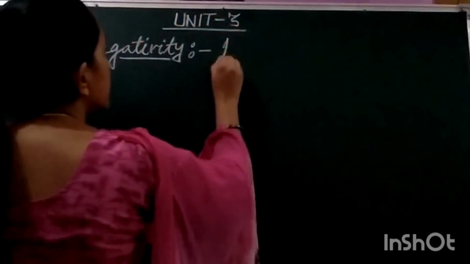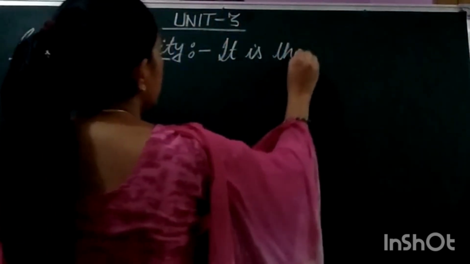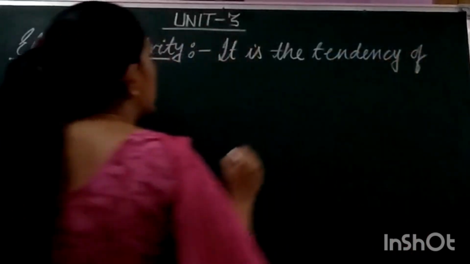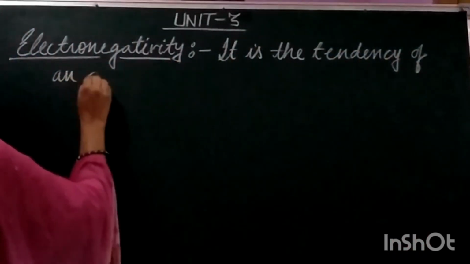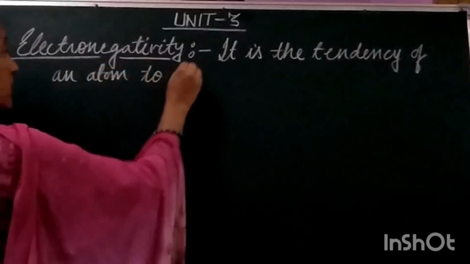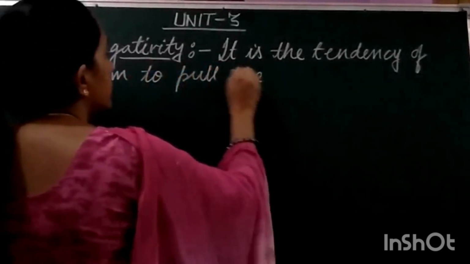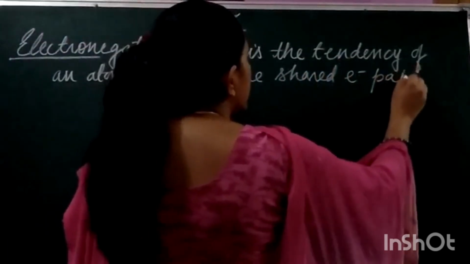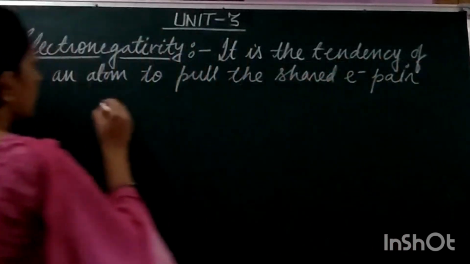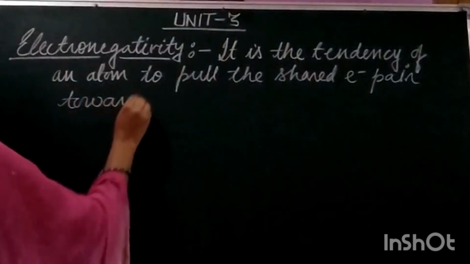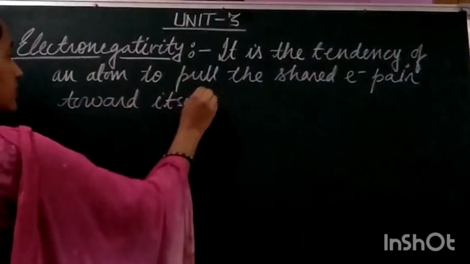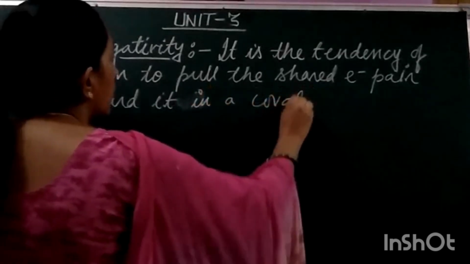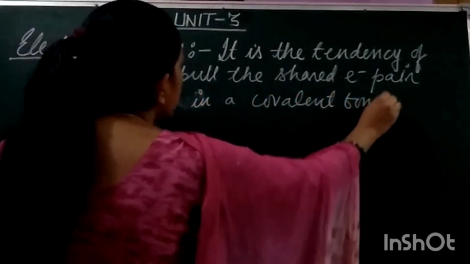It is the tendency of an atom to pull the shared electron pair toward it in a covalent bond. Now students, you know that the covalent bond,